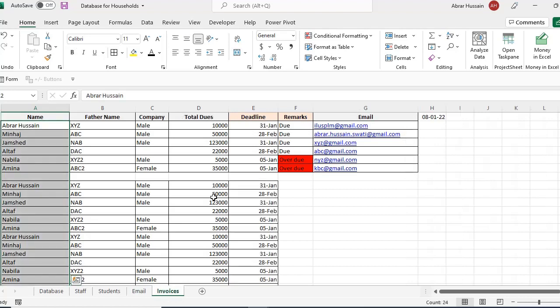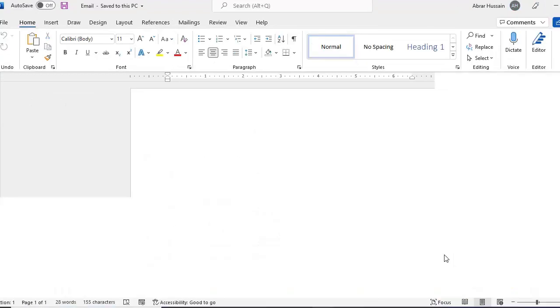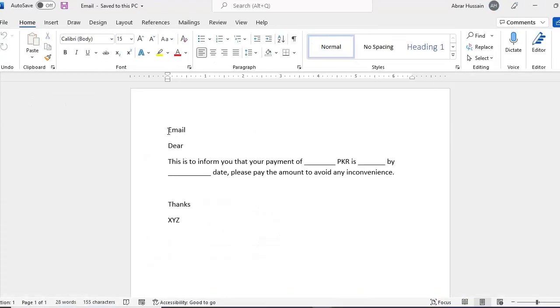you are sending just a simple email. For example, to this same list, you want to send not this table, but a simple email. So, how you can do that? For example, I am sending an email here. This is an email, and I add a subject here. Please pay your dues. Now, dear,